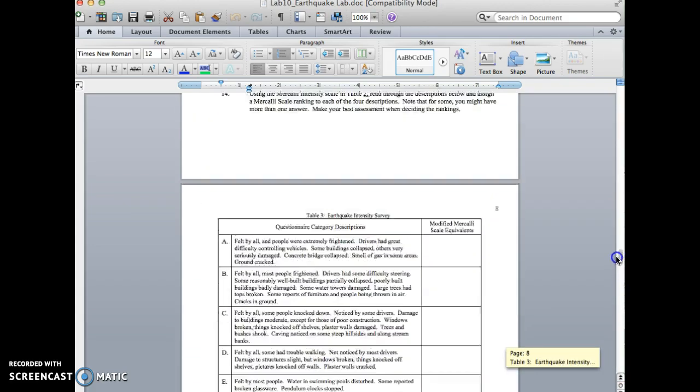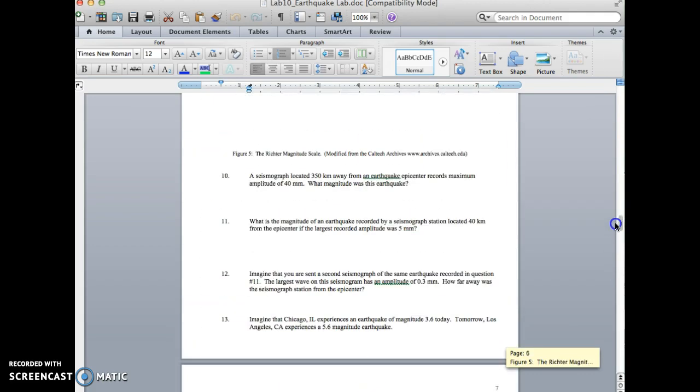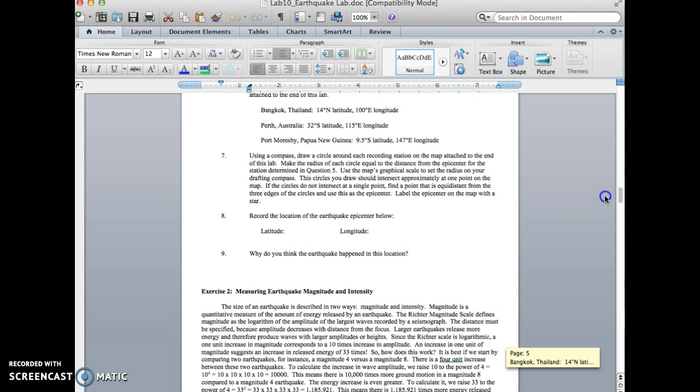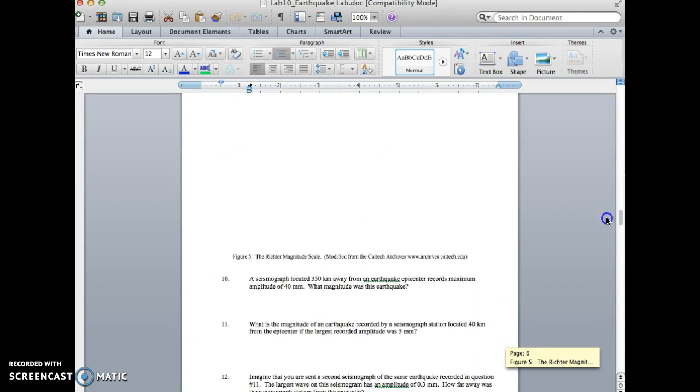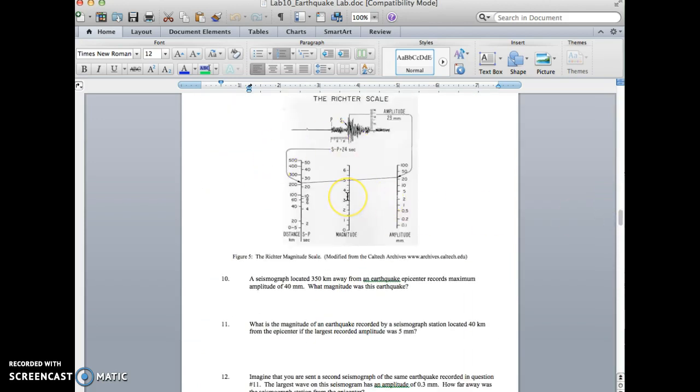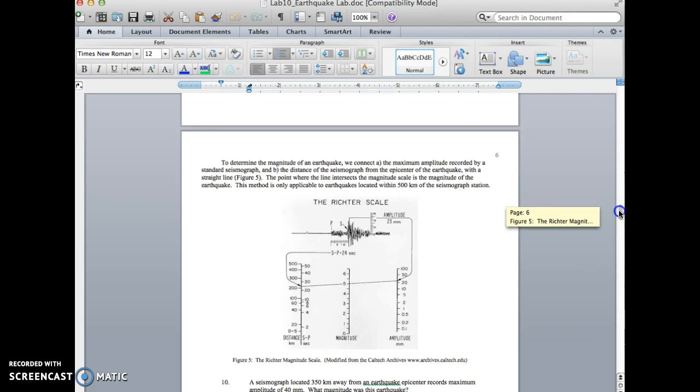Now, after that, you're going to be going through and you're going to be learning a little bit about the magnitude scale. So this is the original magnitude scale. Not looking at the moment magnitude scale, but you're actually going to be reading this diagram back and forth to try to understand the sizes of our earthquakes. To do this,